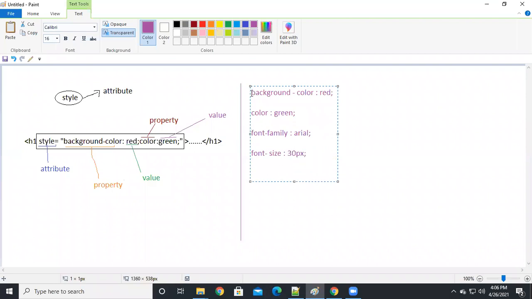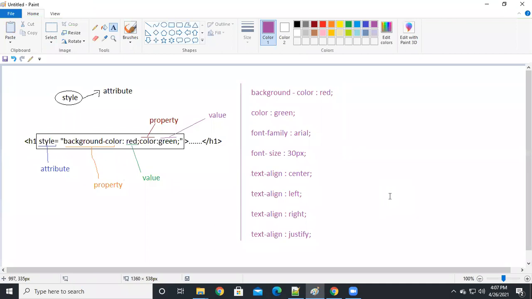And we didn't use the center tag, right? For alignment, we just use text-align: center, text-align left, text-align right, text-align justify, guys. By default, you have left only, and you can change to right also. You can change to justify, guys. Two sides will be equal, like this. These are some properties. You just remember only background color, color, font family, font size and text-align. We use only these 5 properties. The remaining we discuss in CSS only.